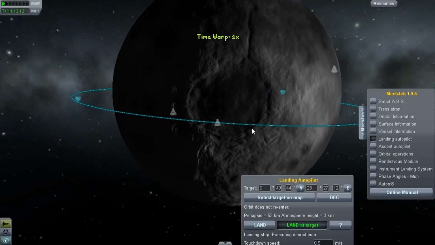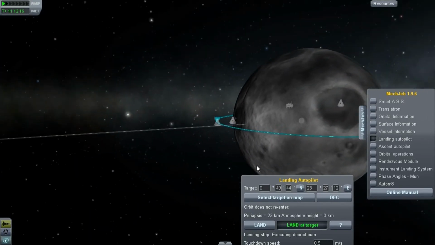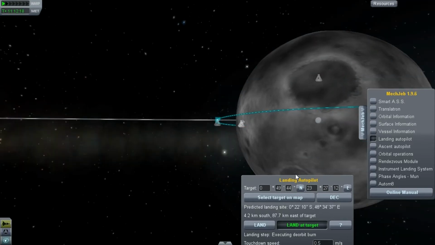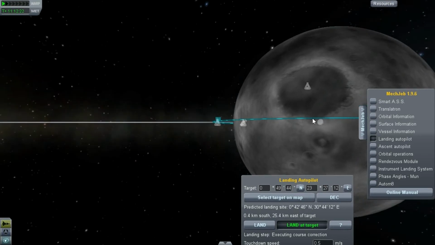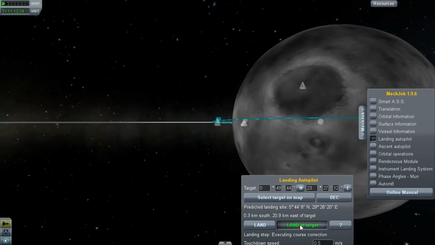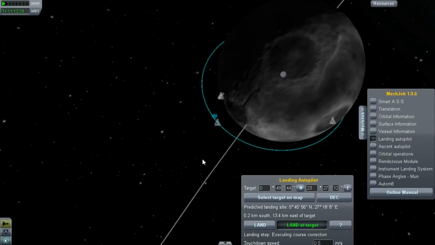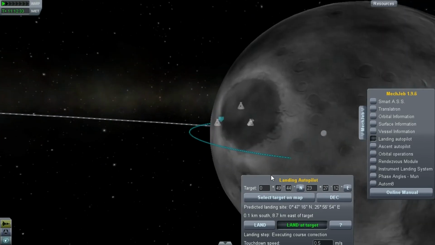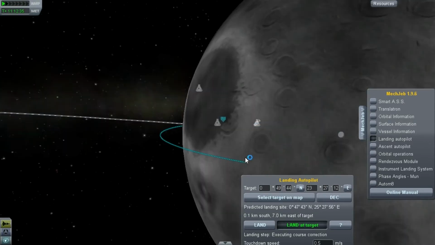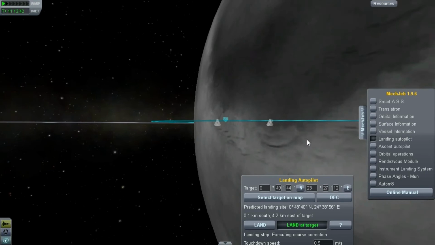So here we go, orbiting around, and soon we'll start. There we go. We're executing our deorbit burn. As you can see, we're aligning ourselves so that we're at the right point above the target, and we are going to deorbit now. We're setting course correction. So here we are. Look, that's where we're aligned to land, and that will change over time. It'll still show us landing quite a bit past the target at first. That's because